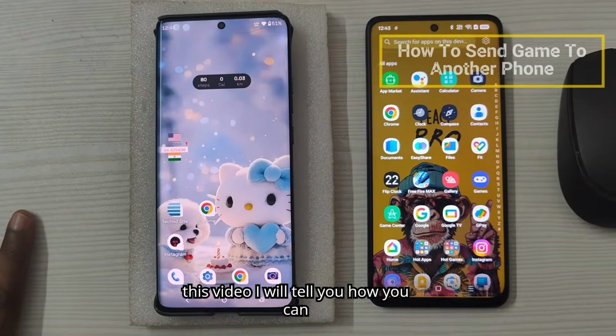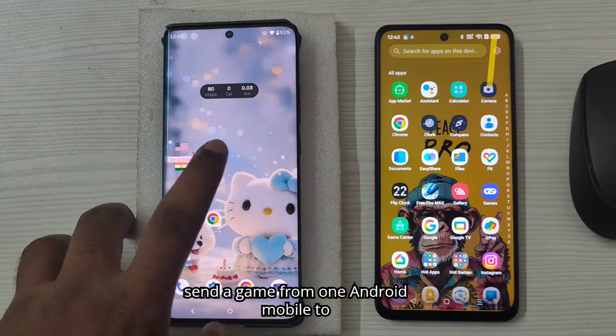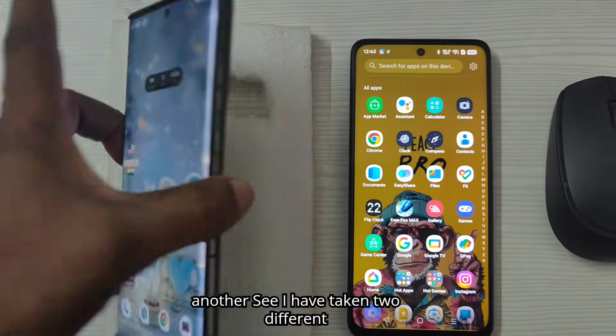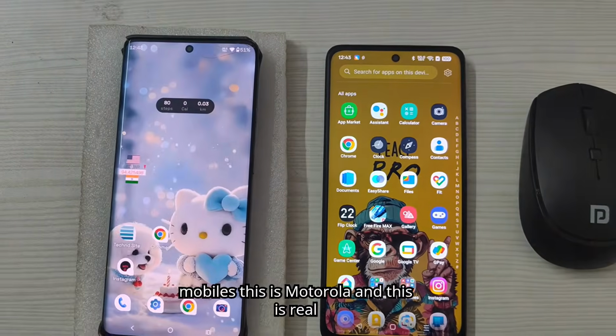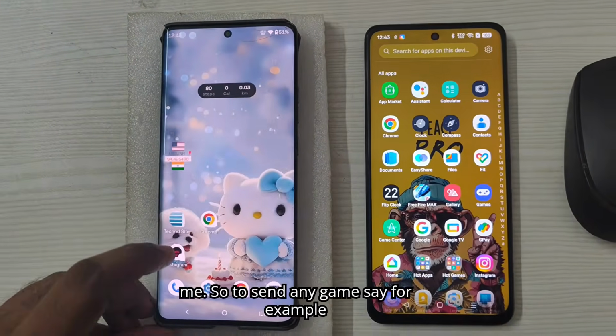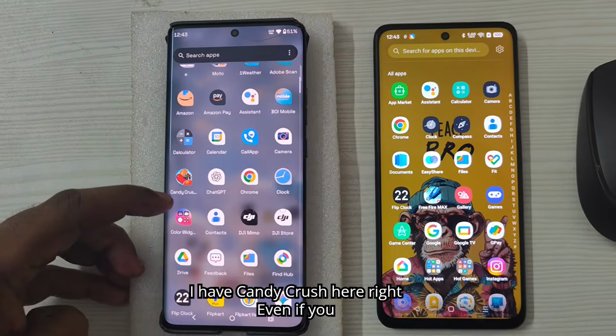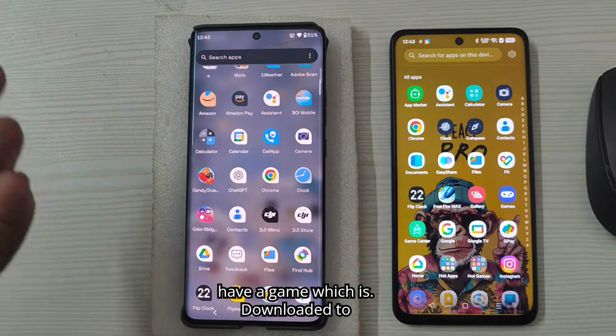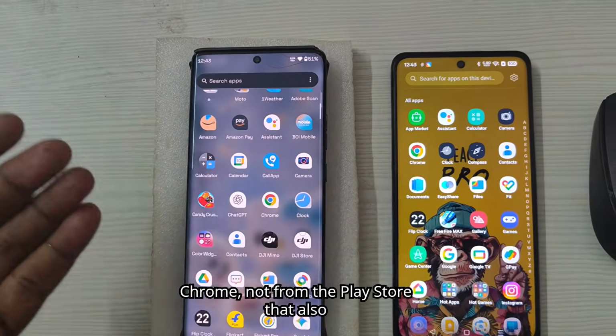Today in this video I'll tell you how you can send a game from one Android mobile to another. See, I have taken two different mobiles. This is Motorola and this is Realme. So to send any game, say for example I have Candy Crush here, right? Even if you have a game which is downloaded to Chrome, not from the Play Store, that also you can